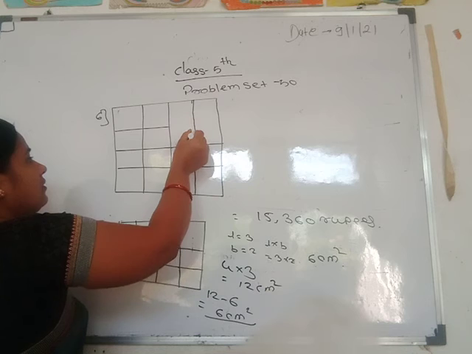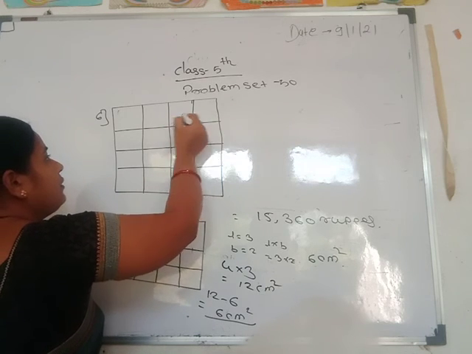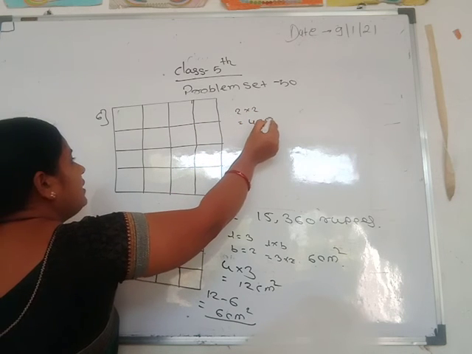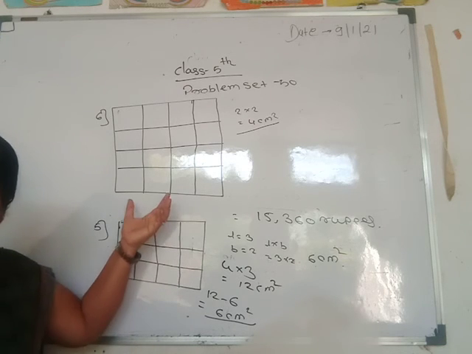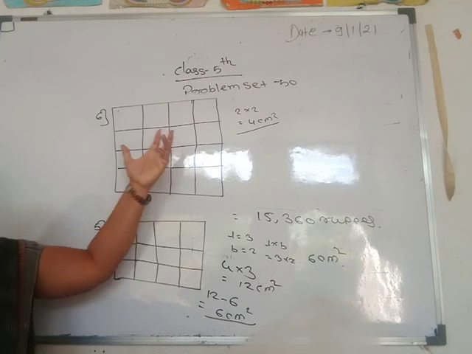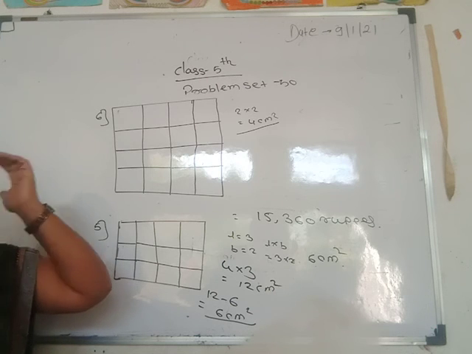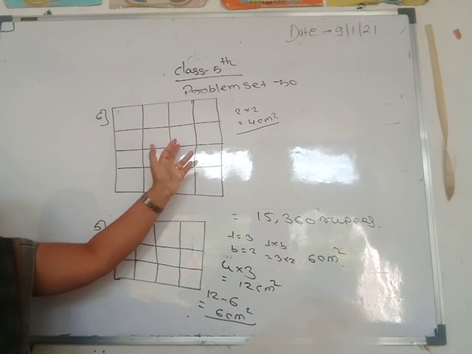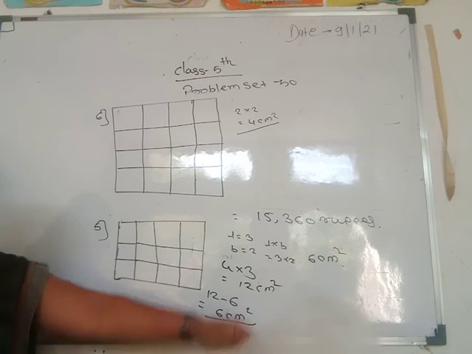You combine these squares, then how many here? 2 into 2. L is equal to 2, B is equal to 2, means 2 into 2 is equal to 4 centimeter square. Then divide the figure given alongside into 4 parts in such a way that the area and shape of each part is the same. Then color the parts with different colors. Then you give different colors to these remaining squares. Then this empty space area is equal to 4 centimeter square.